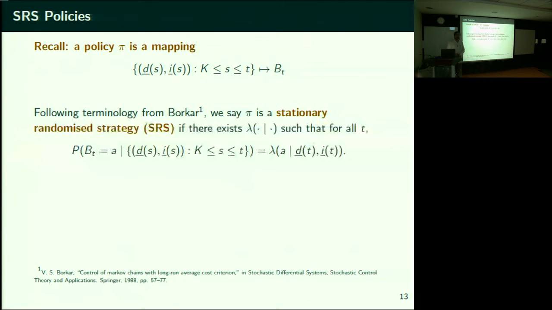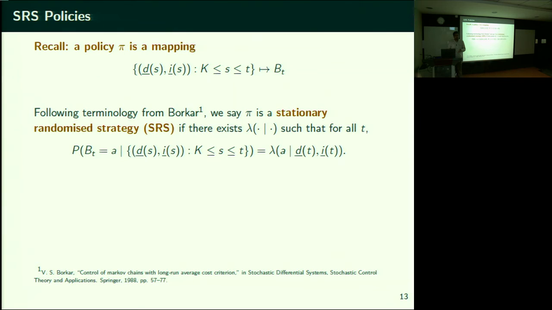Basic question: if you're assuming the Markovian property, do you need to know the evolution of BTs or just the current state of BTs? I'm saying it's a controlled Markov chain. It's not a Markov chain per se. So the DT plus 1 and the IT plus 1 at any time may not depend only on the DT and the IT. Given a BT, yes. If I tell you that at this time I selected this arm, you can immediately update based on the past. But in general, your delays and last observed states at any given time could potentially depend on the entire history of all the delays and last observed states in the past.